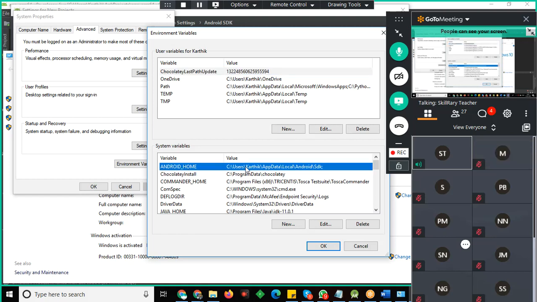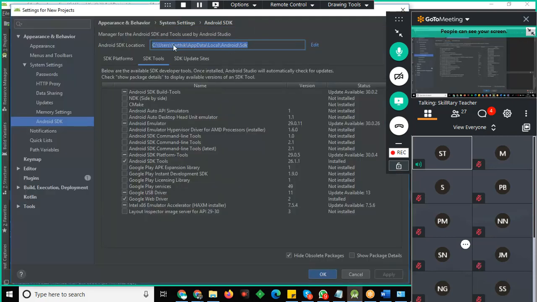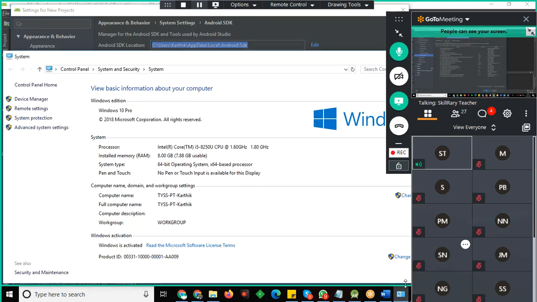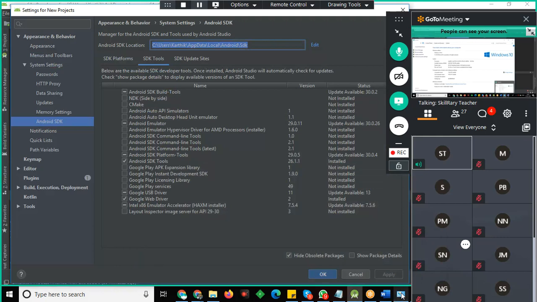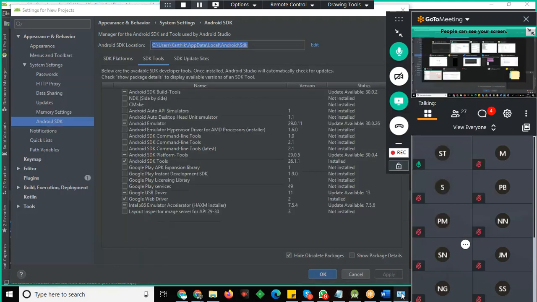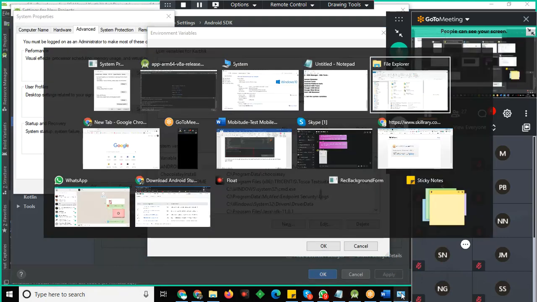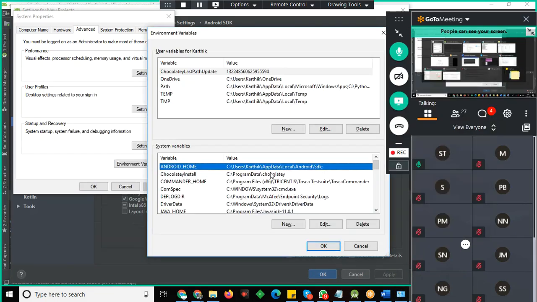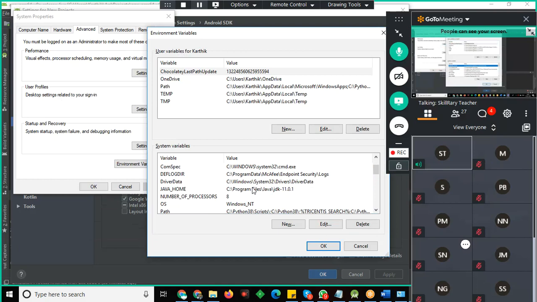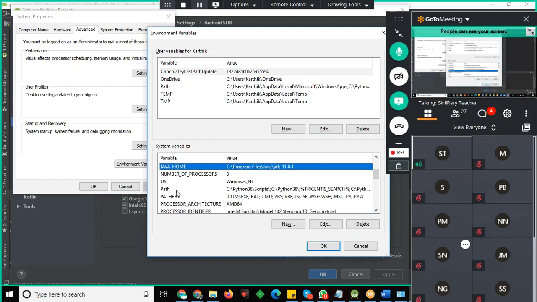You will be creating the new variable called ANDROID_HOME. There you will put this path, see here. Then you need to configure the Java path also.